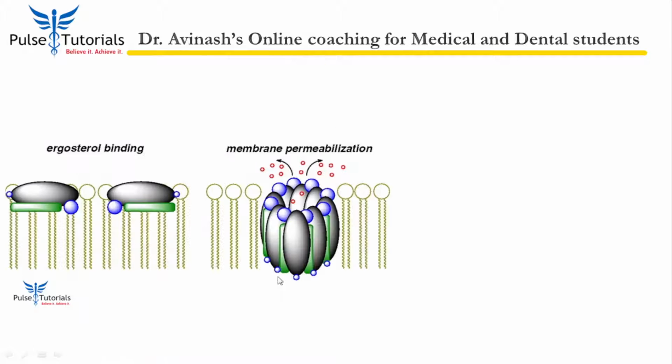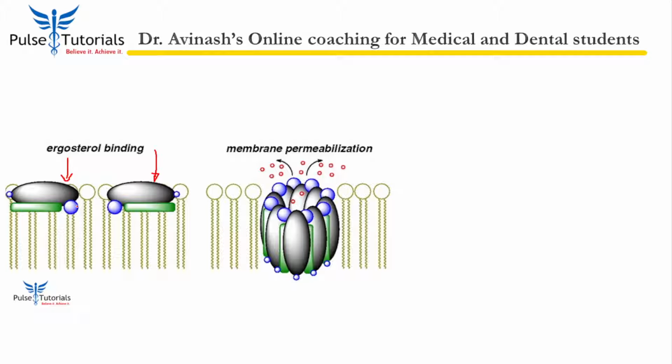Now with this in mind, let us understand how these might be working. Okay, just have a look at this particular diagram. The polyene antibiotics have affinity for ergosterol. Ergosterol is a kind of lipid present in the fungal cell membrane. They combine with it and they get inserted into the membrane. And what is shown in this diagram is many polyene molecules get attached to this ergosterol substance present in the fungal cell wall.